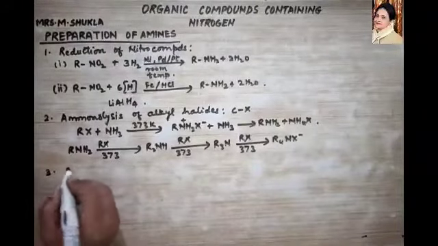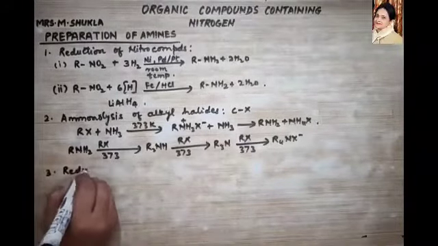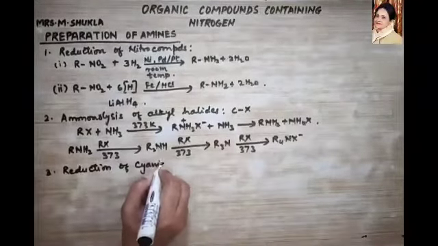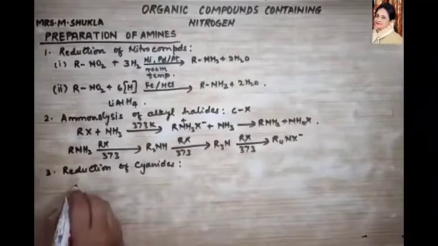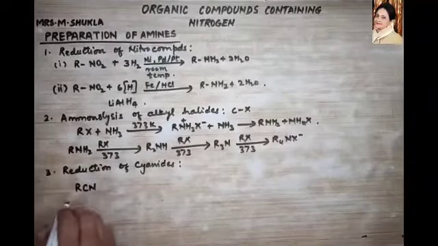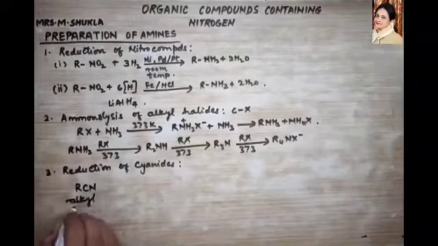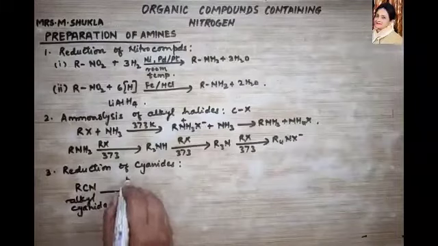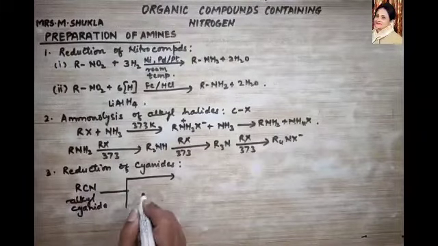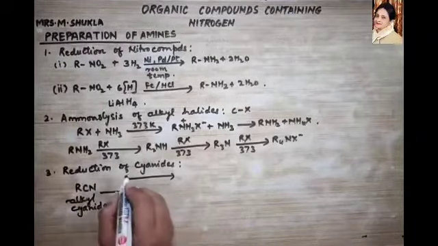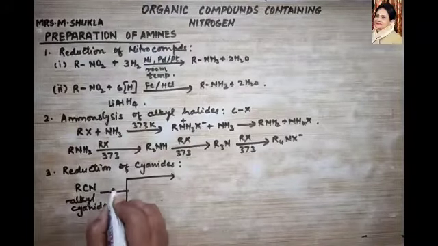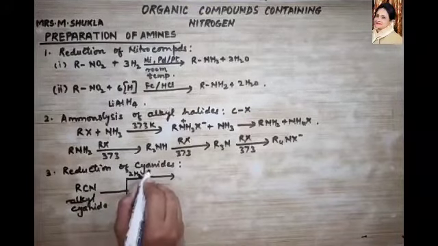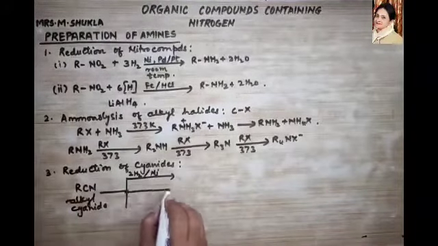Next we move to reduction of cyanides. Now let's look at this. Cyanide is RCN. This is your alkyl cyanide. When they are reduced, I'm going to give you 3 different reactions, and this will be an easy way to remember. When your alkyl cyanide reacts with 2 molecules of hydrogen in the presence of nickel,